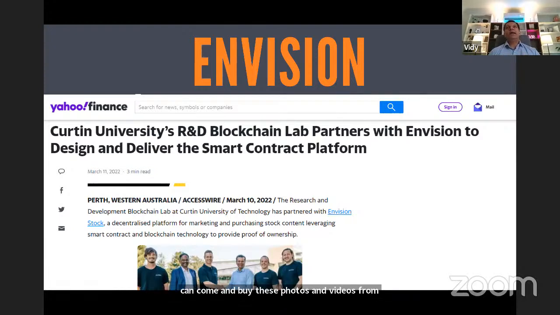They wanted to implement NFTs, or non-fungible tokens, to uniquely identify or assign a license to each artwork. So if there is a photo, there is an NFT for that photo. If there is a video, there is an NFT for that video.